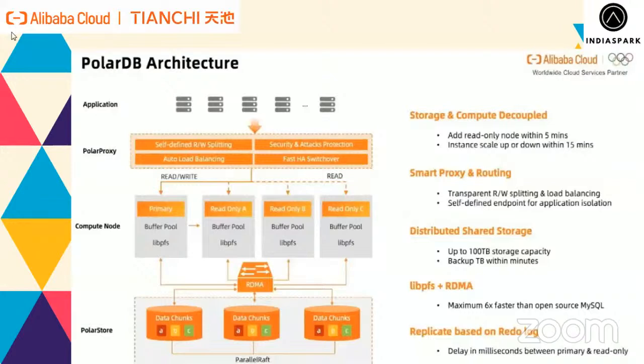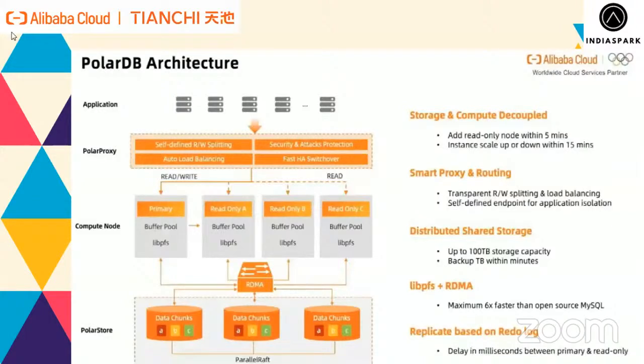So what PolarDB basically does is divide your data into small chunks, into small parts. Who is responsible for that? The term responsible is RDMA, remote direct memory access. In PolarDB, when you store your data in a particular instance, your data is divided into small chunks to enhance your speed, and RDMA, remote direct memory access, is responsible for that.